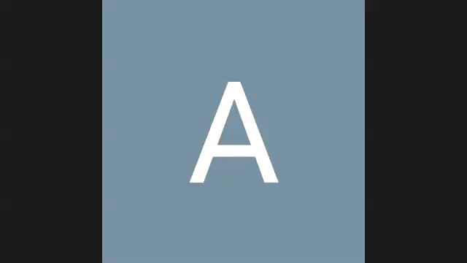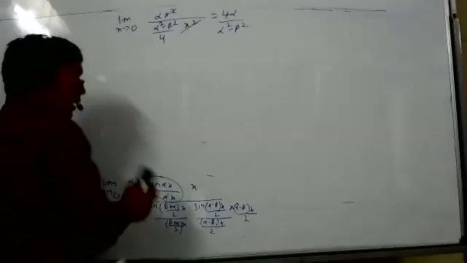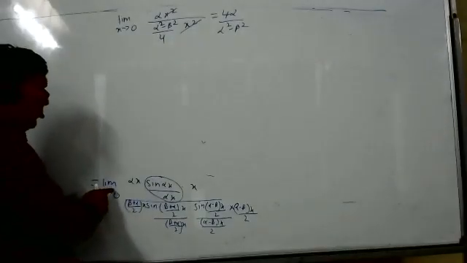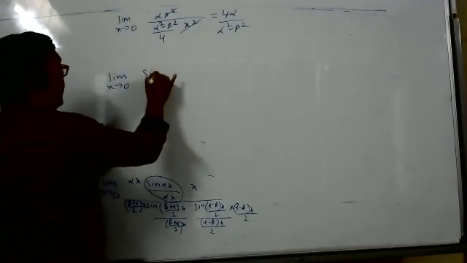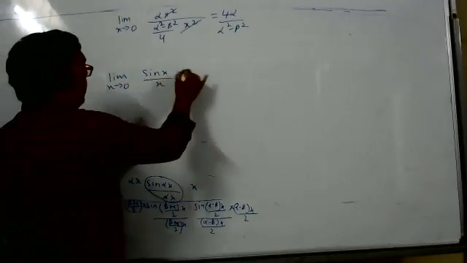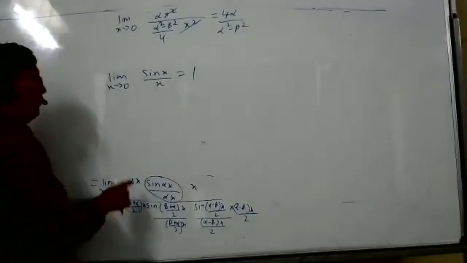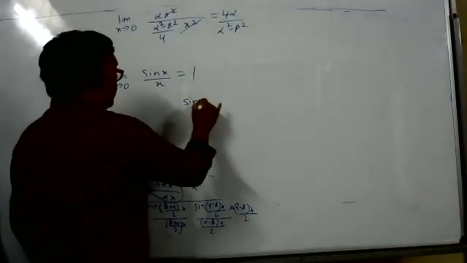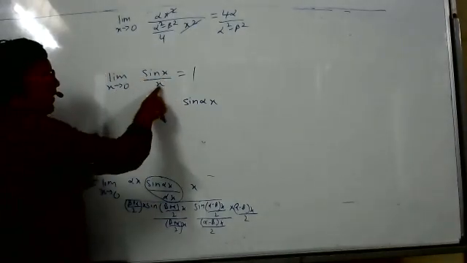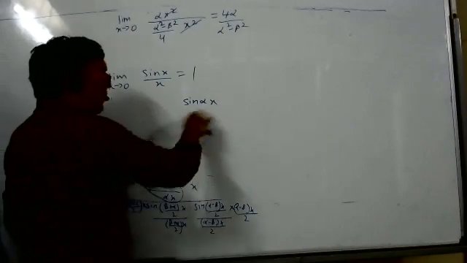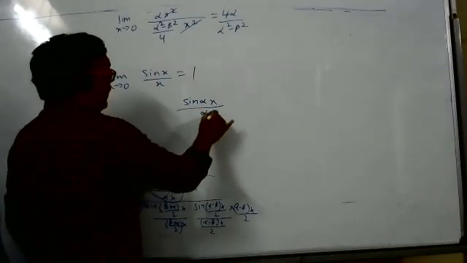Could you just explain the denominator part that you got in the last step? Student: We have to use the formula limit x tends to 0 sin x by x. This formula we have used. Now what happened? We were only having sin alpha x. If only sin alpha x, then how can we use this formula? The angle and the denominator have to be the same. So the denominator was not there, so I only wrote the denominator alpha x.